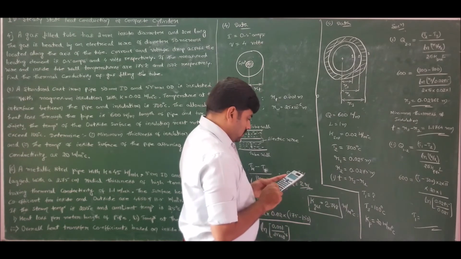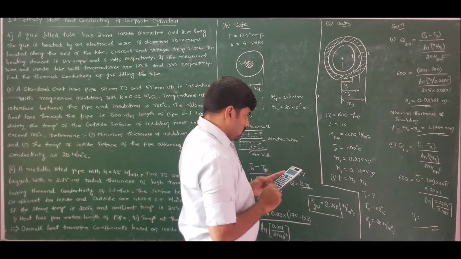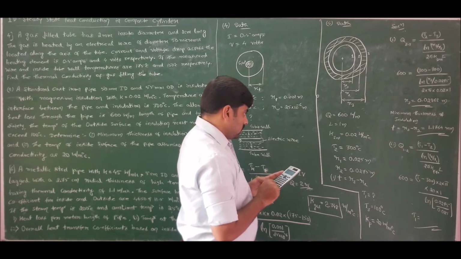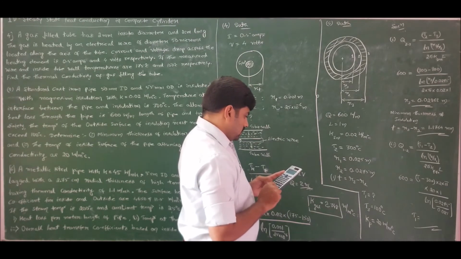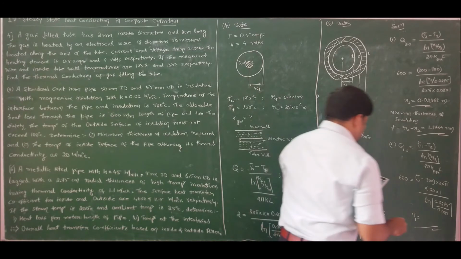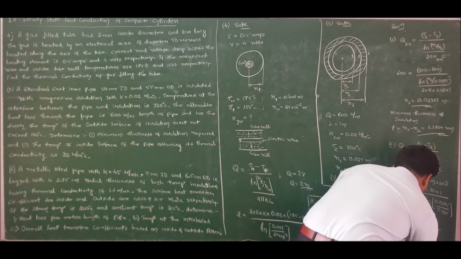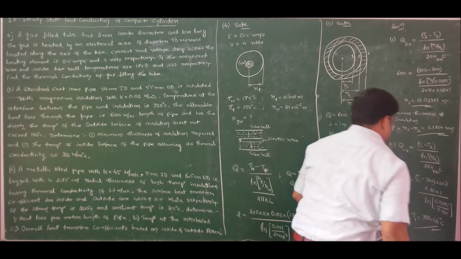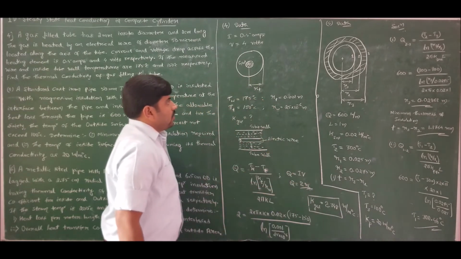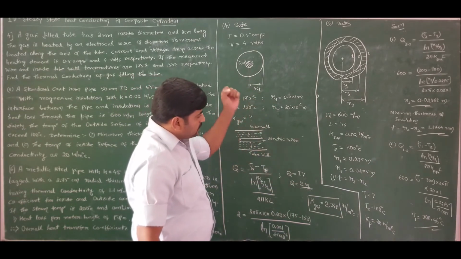600 into ln of 0.0275 divided by 0.025, divided by 2 into pi into 20 into 1, plus 300, which is 300.455, about 300.46 degrees Celsius. So this is the solution for problem number 1 and problem number 2, whereas problem 1 is